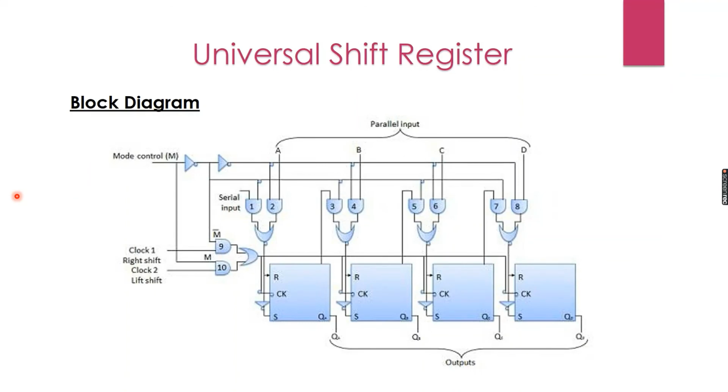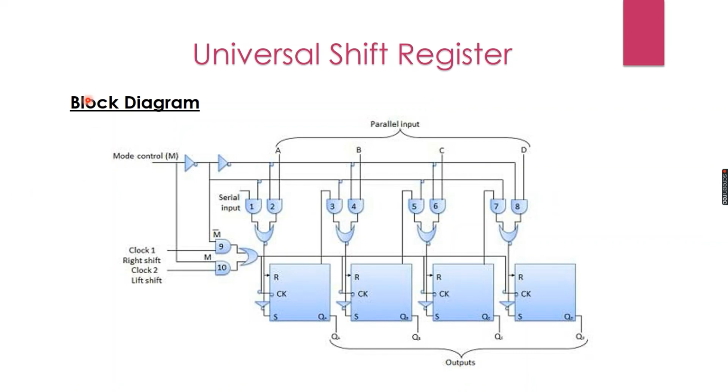So our final register is the universal shift register. So what is a universal shift register? A register which can be bidirectional plus can get parallel inputs. That means it can shift data to the left and right, and also take parallel inputs and serial inputs. That means it can perform any type of shift register that we have just covered before, and we can control it by using some control points.